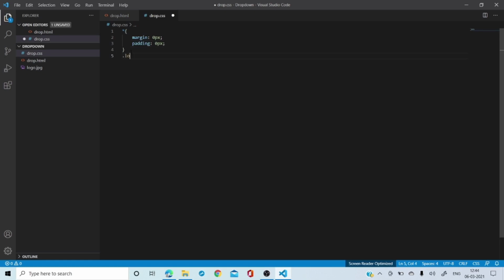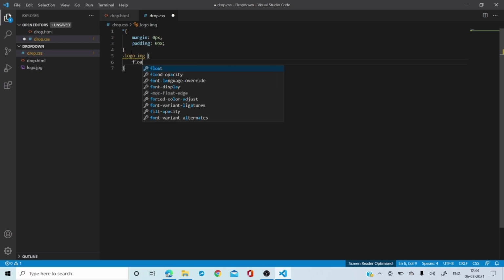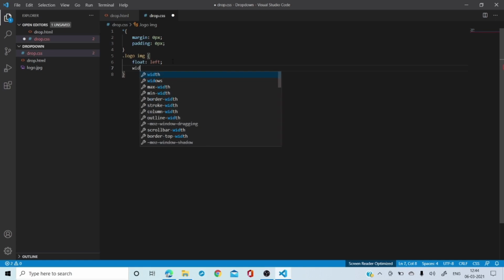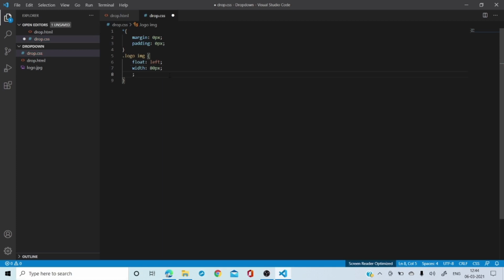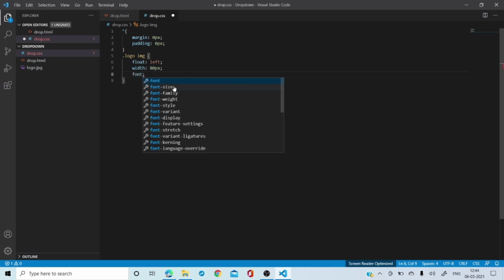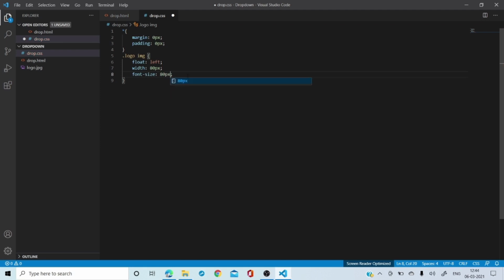All right, so I'll put .logo img, that is the image, and the next thing I will do is float this on the left hand side, and after that I'm going to put the width, and the width will be, maybe I'll say 80 pixels, and font size also 80 pixel.